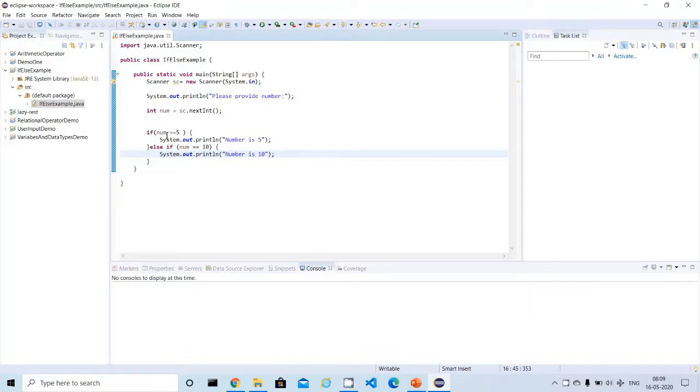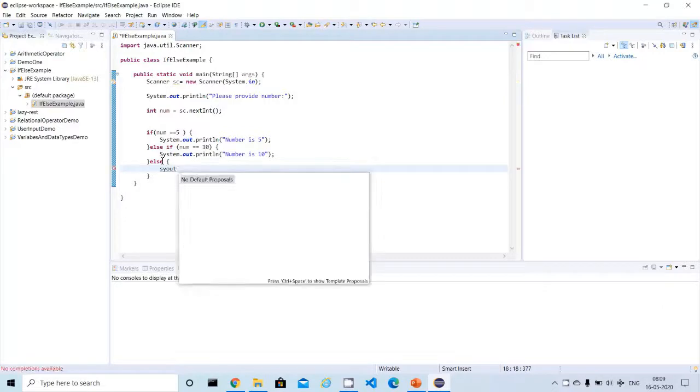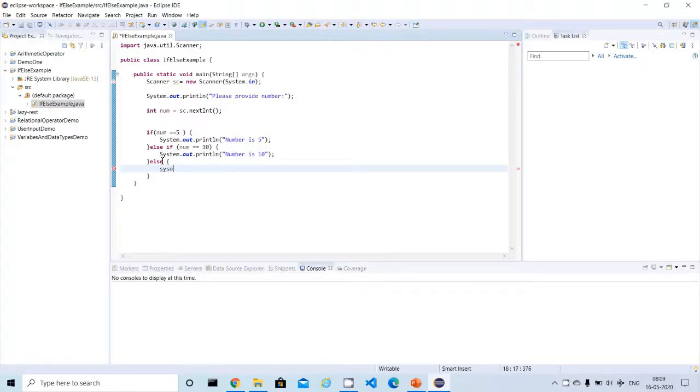Say for instance, we have already tried the possible conditions from outside, but the user gave some other input which is not matching any of our conditions. In that case, we can display, so we can say unable to predict. So we are suspecting the user might have provided 5 or 10 or something else that we are not able to predict.